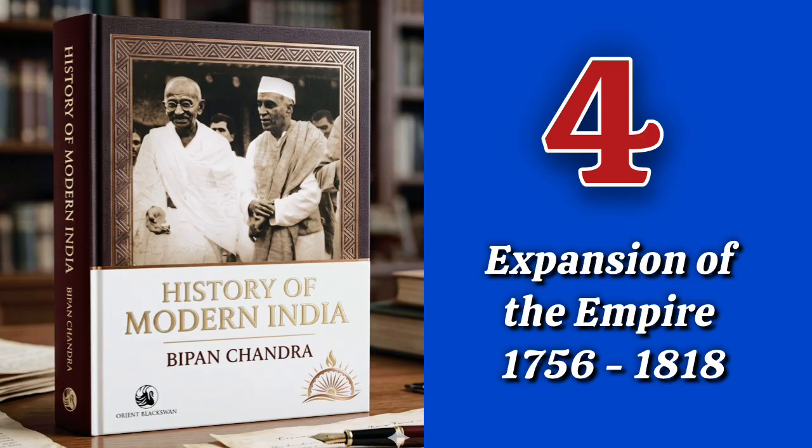Nawab. From Shah Alam II, who was still the titular head of the Mughal Empire, the company secured the Diwani, or the right to collect revenue, of Bengal, Bihar, and Orissa. Thus, its control over Bengal was legalized, and the revenues of this most prosperous of Indian provinces placed at its command. In return, the company gave him a subsidy of 2.6 million rupees and secured for him the districts of Kora and Allahabad. The emperor resided in the fort of Allahabad for 6 years as a virtual prisoner of the